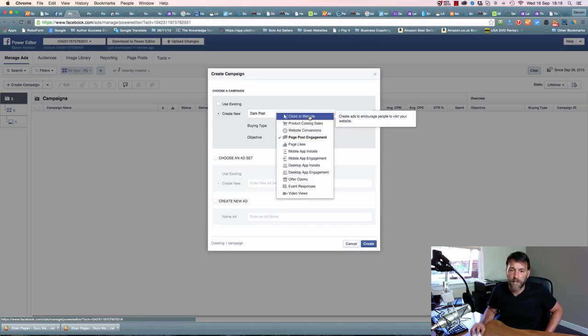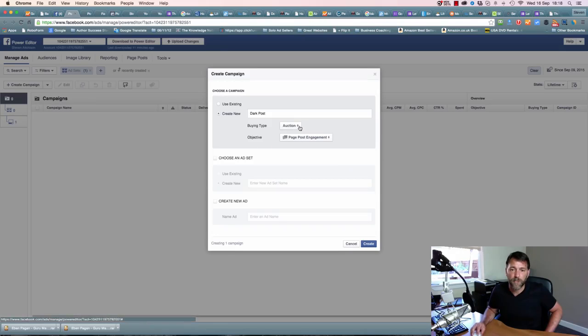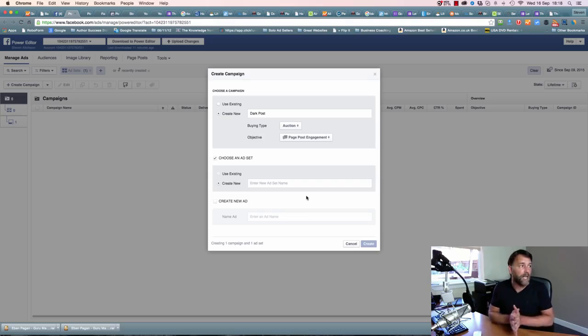You can do clicks to website. That's quite a good one as well. And you can see all the different details there if you've got a mobile app or something, or if you want page likes or something like that. But I always do page post engagement, use an auction. And I wouldn't use a fixed price, just go to auction. Choose an ad set, which you create a new one, and just say you're going to advertise for different countries. So just say dark post USA,